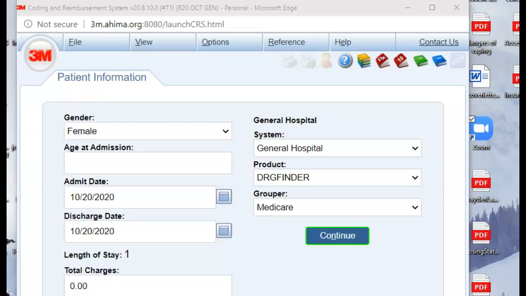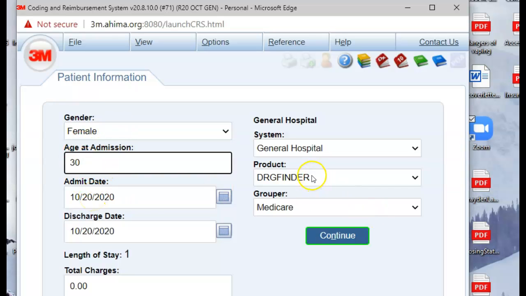Everyone. In this quick video, I wanted to highlight how we would code COVID-19 since it's such a big topic right now. So I'm going to show you a couple different scenarios, one where a patient has COVID, one where they're just being tested for COVID. So let's go ahead and say our female's 30 years old, and we're going to pick